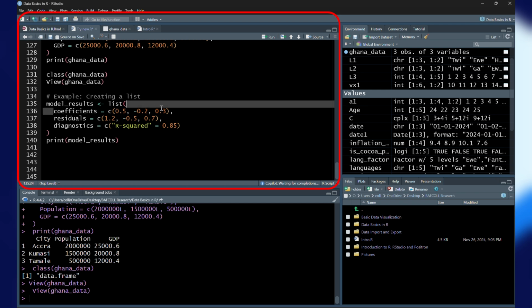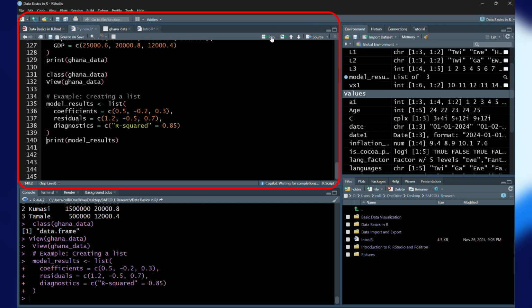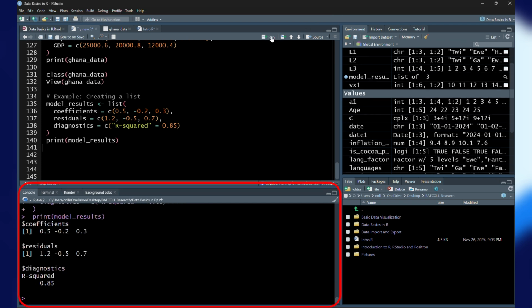So I have a list. This is a vector, right? Or I can have a list that combines